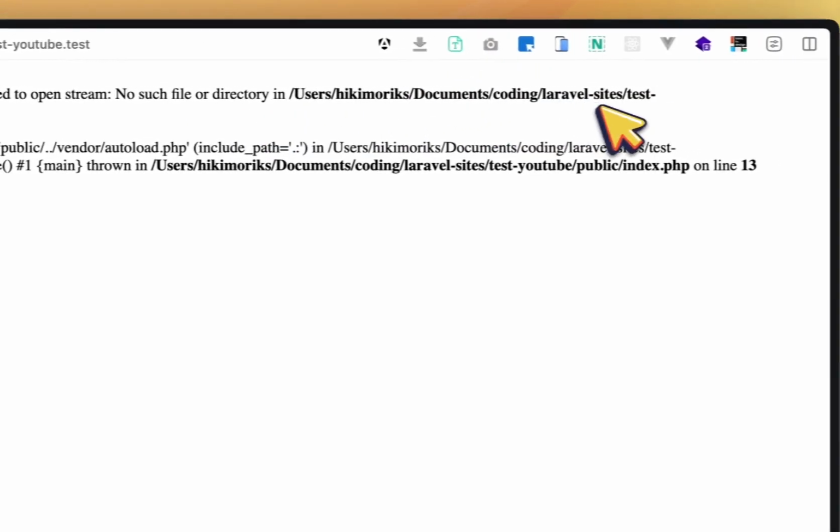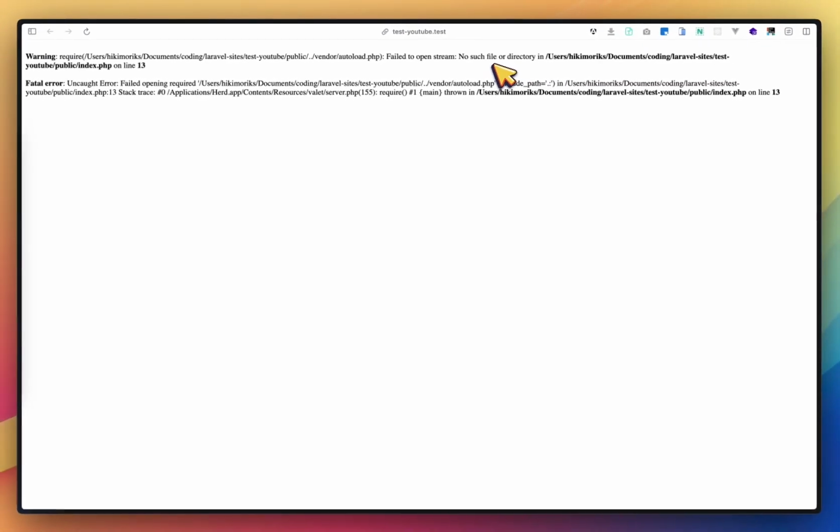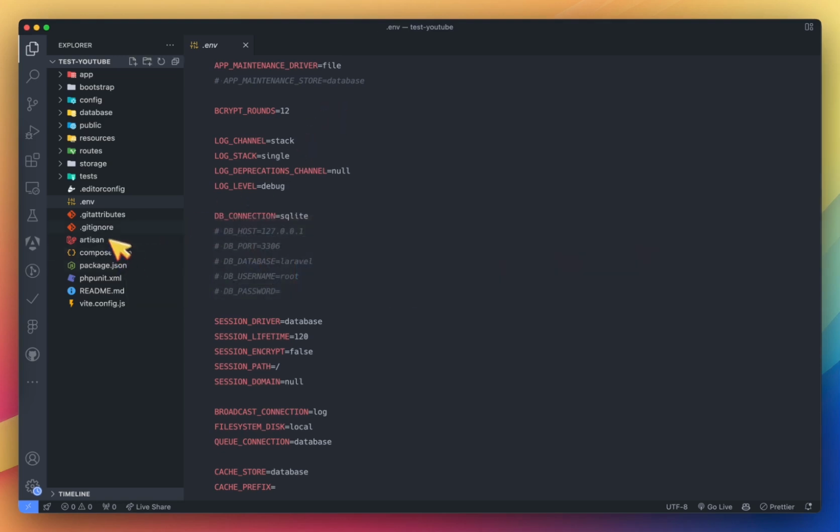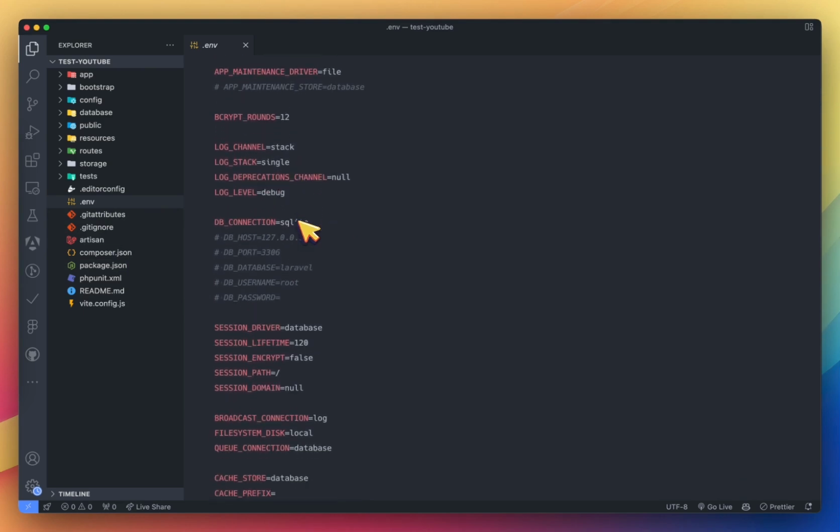And then there's no such file in the user's websites folder. Next, PHP online. DB connection SQLite.